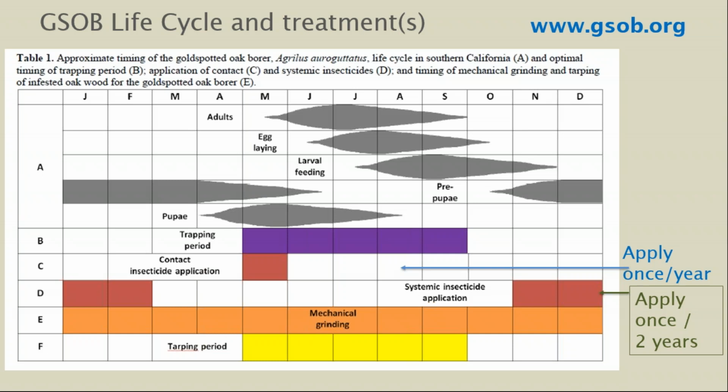Whereas if you're applying contact insecticides, you really have to get them when they're out there mating and laying eggs, because otherwise contact insecticide is not going to be effective. There's a couple of other ways to manage this insect, and I would argue that you need all of these things. So it's really about trying to suppress the insects that are doing damage, but it's also trying to manage